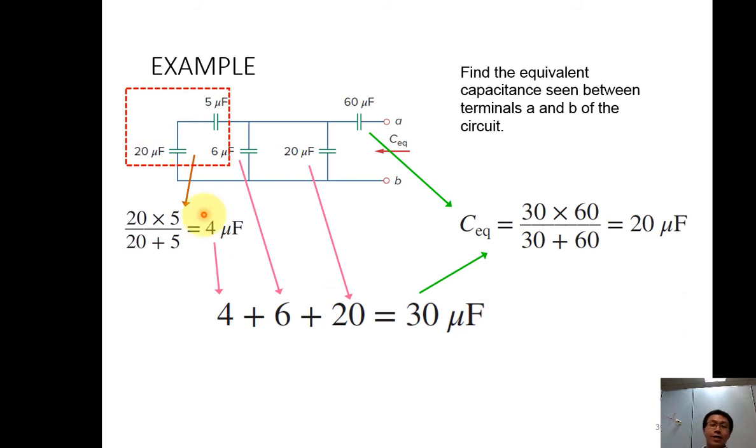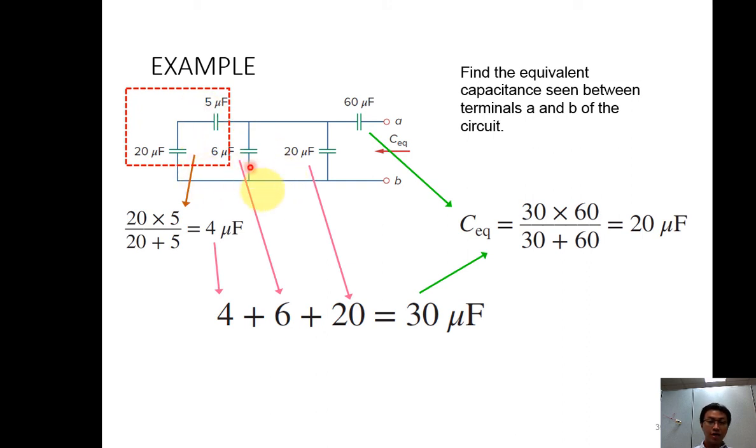Now I want to find the total capacitance value across A and B. First, I need to see the farthest first. So I know that 5 microfarad and 20 microfarad are connected in series. So I use 20 times 5 divided by 20 plus 5. I have a 4 microfarad. And then this 4 microfarad